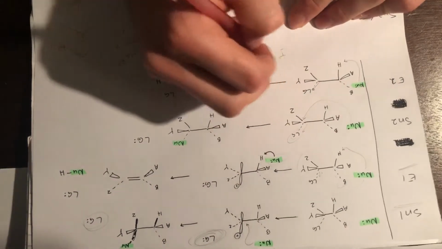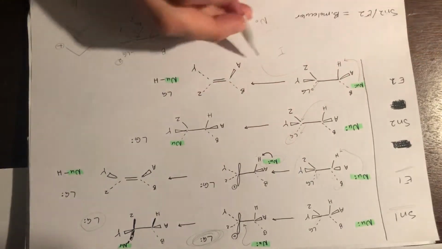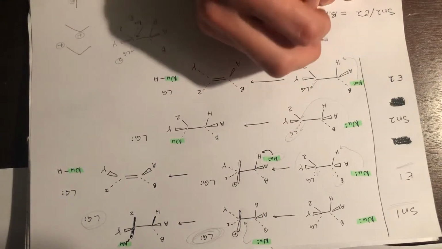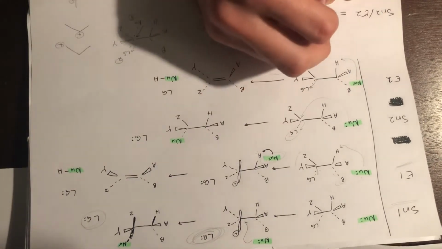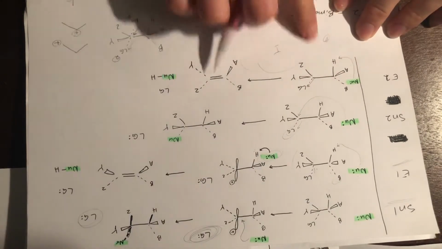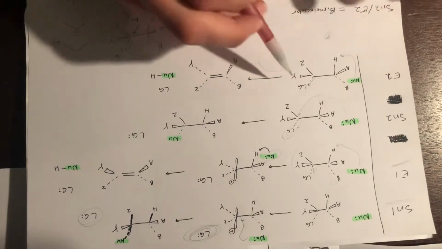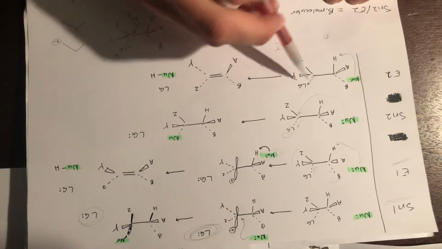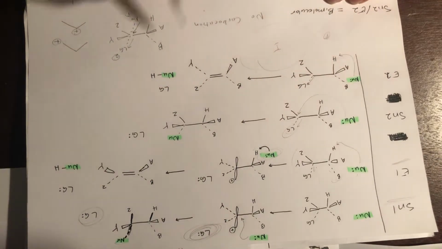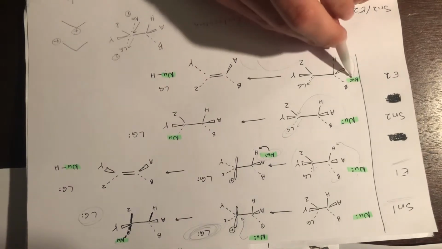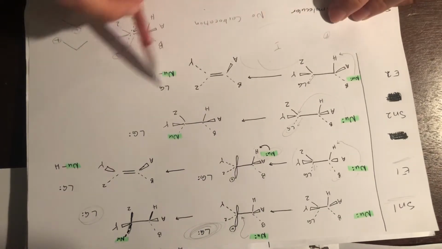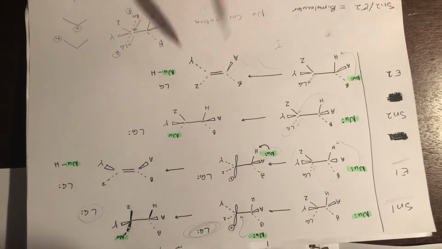An iodide is huge. It's like this humongous thing, and that negative charge is kind of spread out amongst the whole thing. Whereas something like a fluorine, this little thing, that negative charge is going to be just in that tiny little spot. So it's not nearly as balanced out as this. So that leaving group will leave very quickly, and at the same time your nucleophile is going to come in here and smash into that hydrogen and steal it. And then you'll be left with this nucleophile with that hydrogen, and the leaving group is just hanging around, and you've had your elimination reaction already